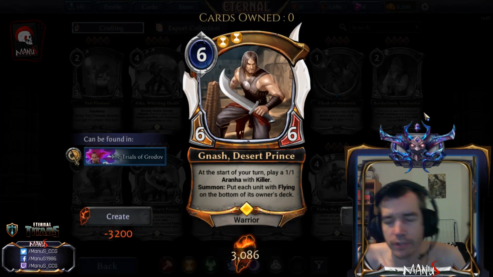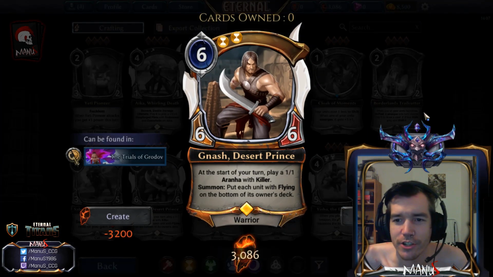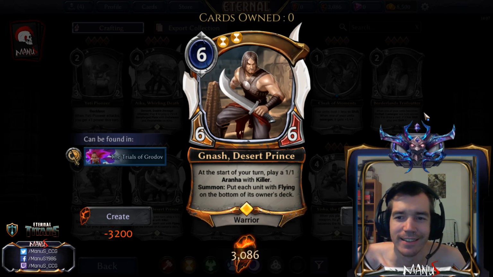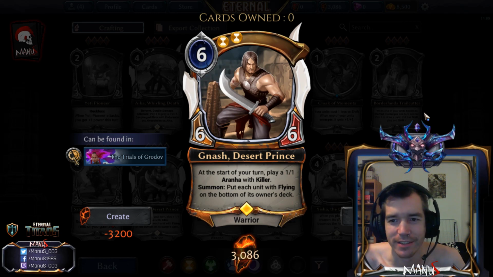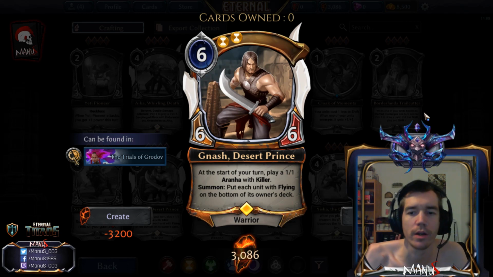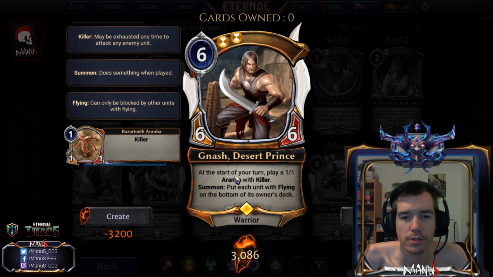Then we have Nash, Desert Prince, a new Nash. Prince of Persia got an upgrade. I can't help it, the card looks so much like the modern Prince of Persia in the modern 3D games. It's not even funny anymore. Or like Jake Gyllenhaal in the movie. It's just basically Prince of Persia. So yeah, it's a 6 cost 6/6. At the start of your turn, you play a 1/1 Arana with Killer, which is a 1/1 without any other abilities. And then,